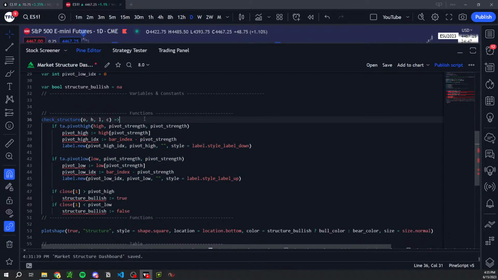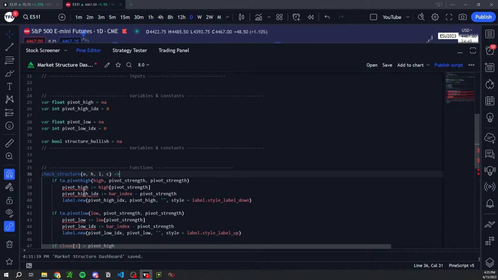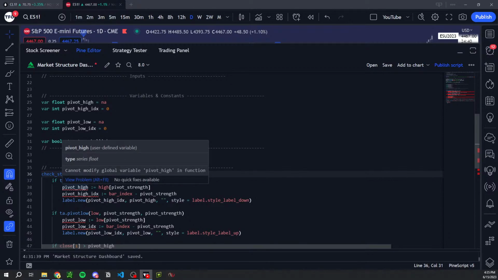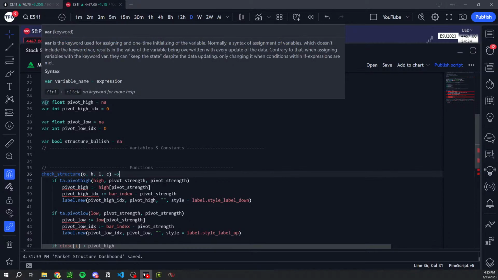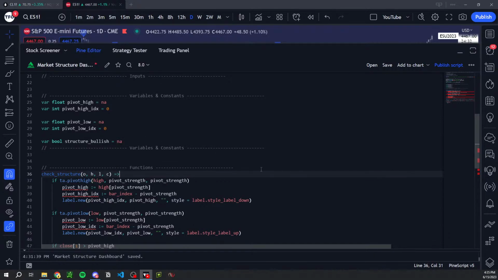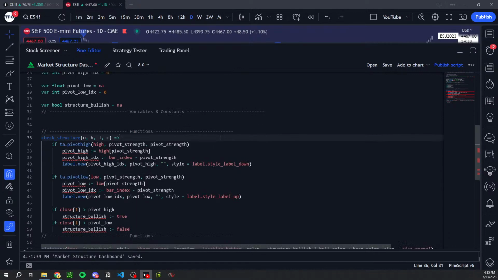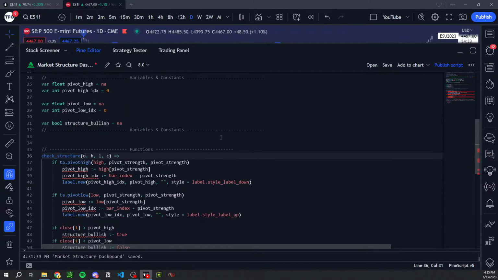Right. So the issue here is you can't change these if they are initiated as global variables, which we did here. And the reason we did that is to retain the value from previous bars without having to overwrite it. So how can we get around that? We could say,